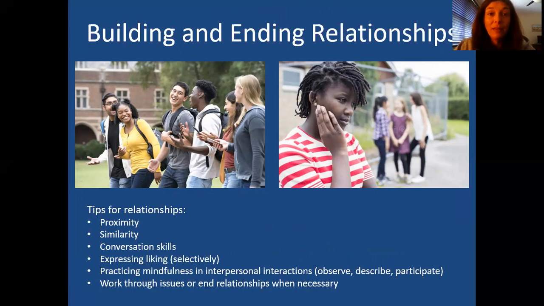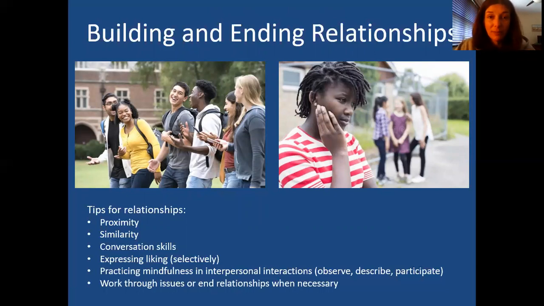Okay, and finally, there's a skill that was added in the new manual that came out a few years ago about building and ending relationships. So this is a little tied into the give skill because give skill is about keeping a good relationship. But this is sort of like, well, how do we start over? Once I have the relationship, I could use give to keep it, but maybe I want to meet new people, or I just moved, or I started a new job or a new school, or I went to a new hospital and I want to meet new people. So what do I do? What are some skills I could apply there? So that's really the gist of this one, all right?